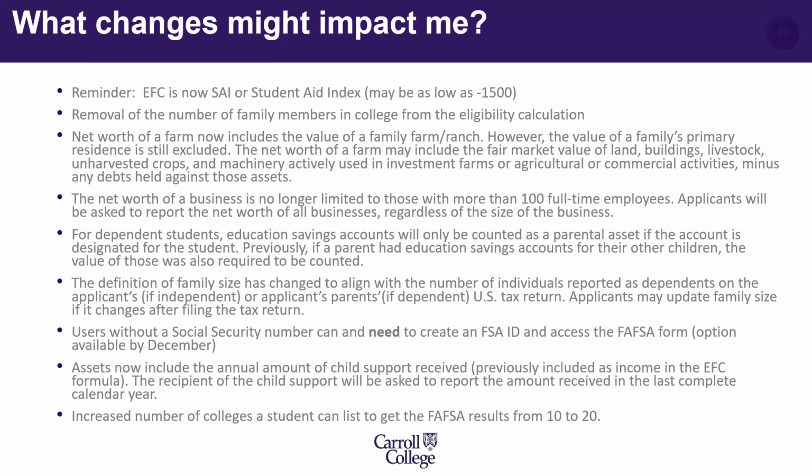And if you have questions on how to determine that net worth, the colleges can help you with that as well. I just went to a presentation about it from a loan officer at a bank, and it was very helpful. Also, the fourth bullet here, the net worth of a business, a small family-owned business, is no longer limited to those with more than 100 full-time employees. So applicants will be asked to report the net worth of any kind of businesses, regardless of what their size is. So if you have 1-2 employees, you're going to need to now report that net worth